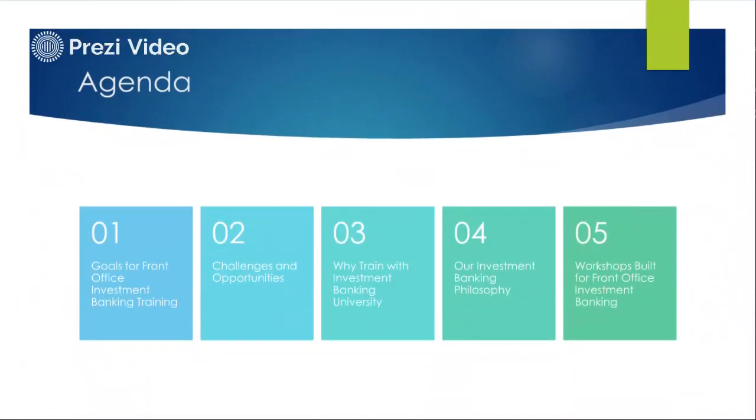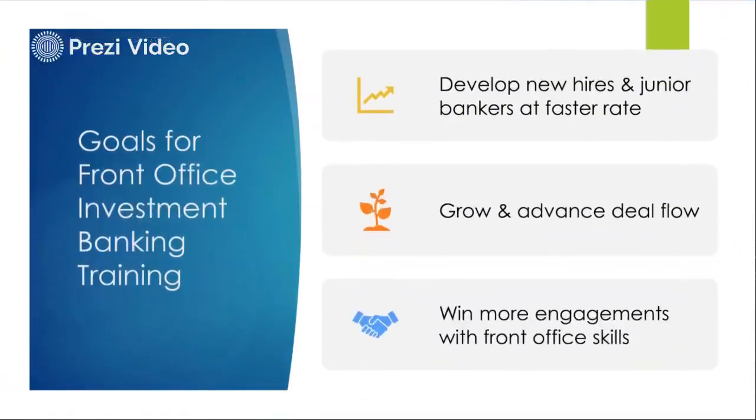So first, we're going to go through the agenda. Number one, we're going to talk about the goals of front office investment banking training. Number two, the challenges and the opportunities that are available in the marketplace. And also getting into the deep dive on the why with Investment Banking University in particular. Finally, we're going to get into our investment banking philosophy. And then lastly, the workshops that are actually built for investment banking. So number one,